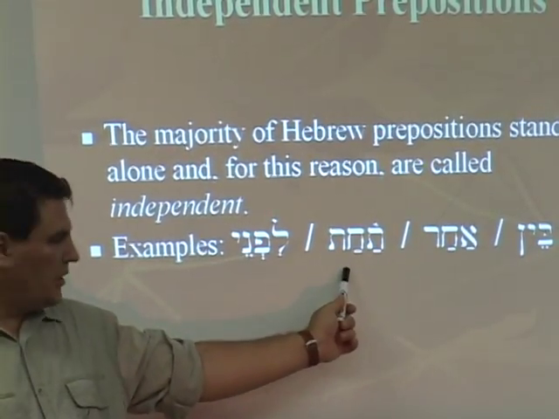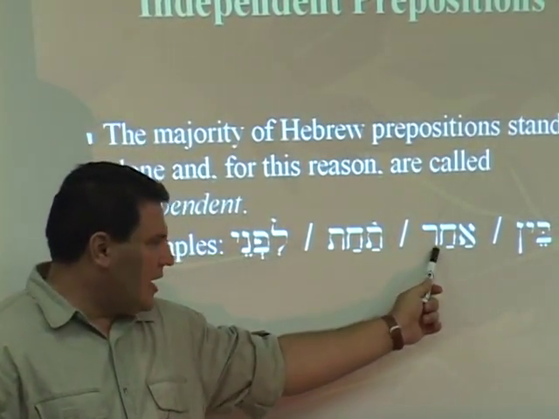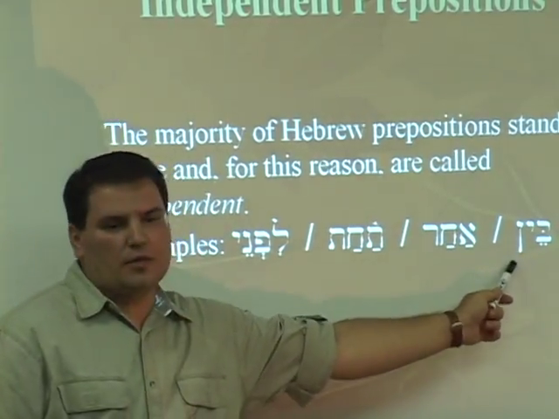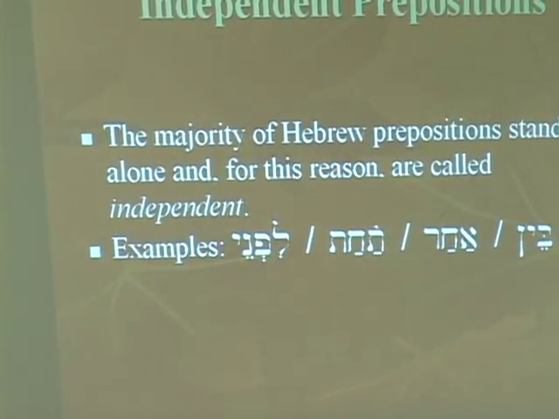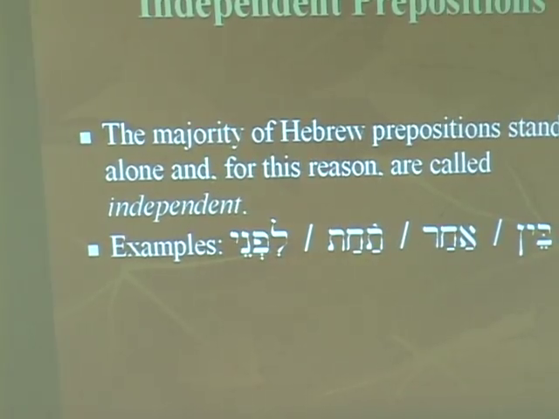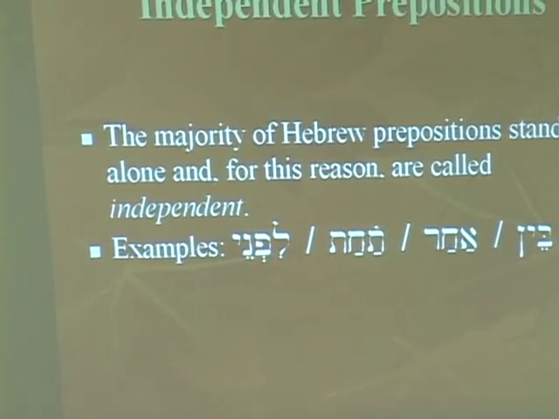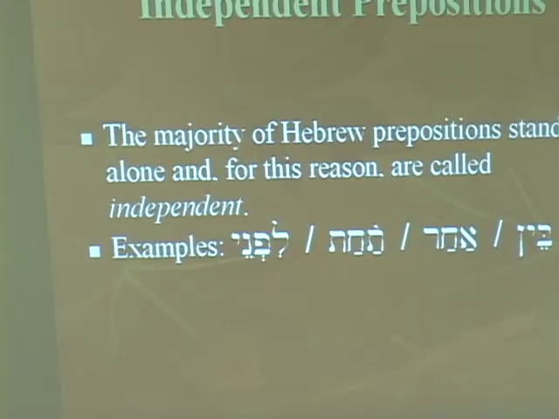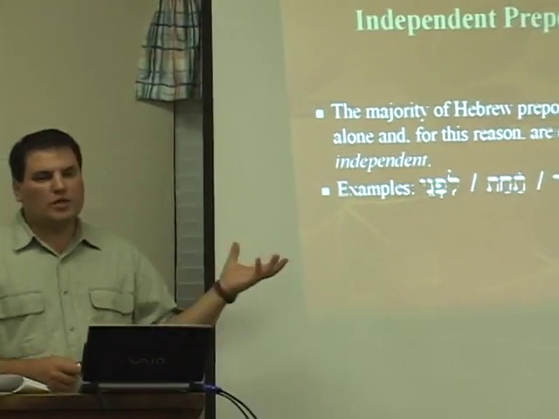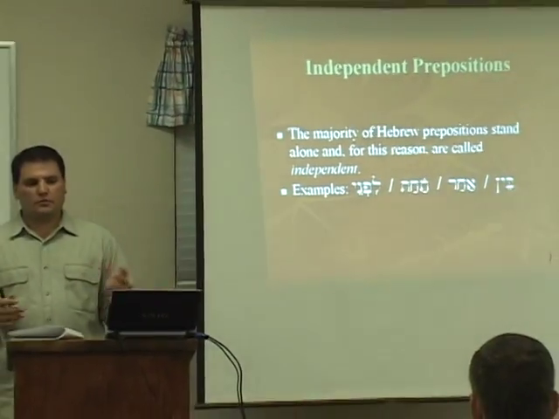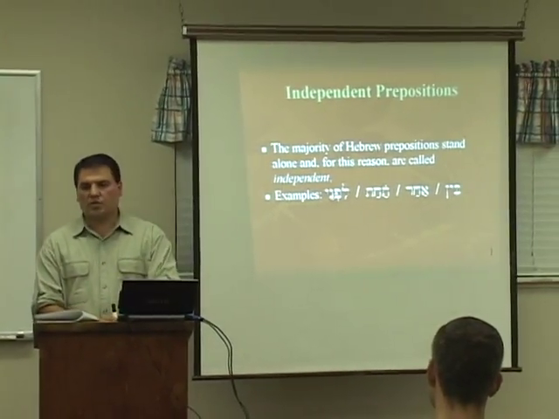Tahat means under. Ahar means after, and bein means between. These prepositions are usually standalone words before whatever noun they modify, or between whatever nouns they modify. So they will not be adjacent to anything. Thus, they will not change the appearance of the other